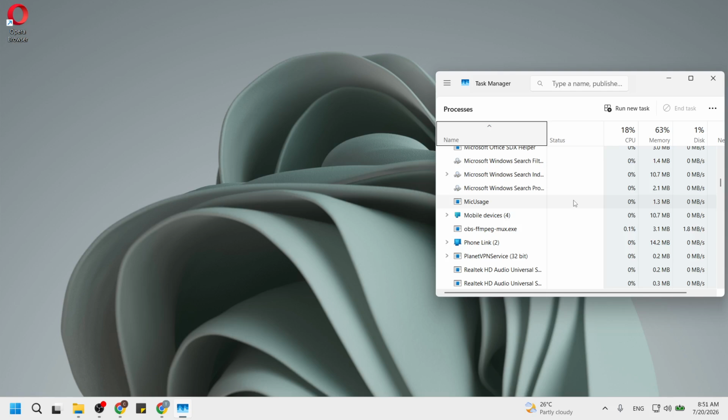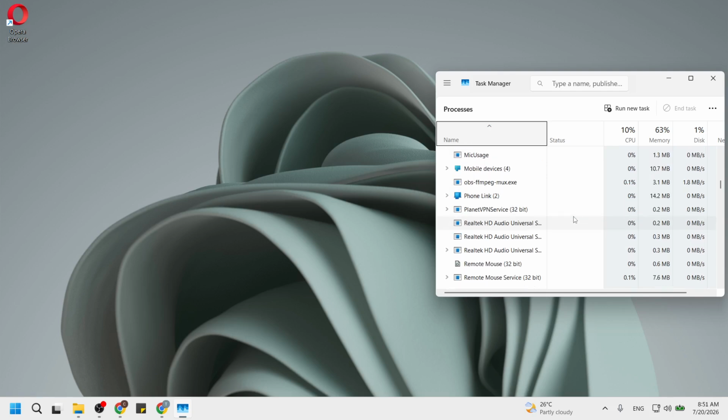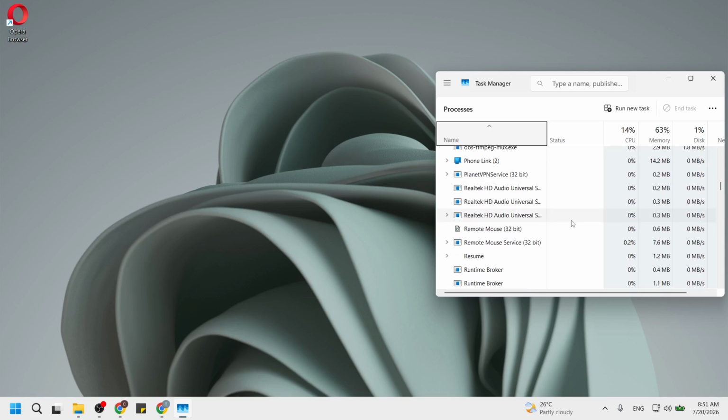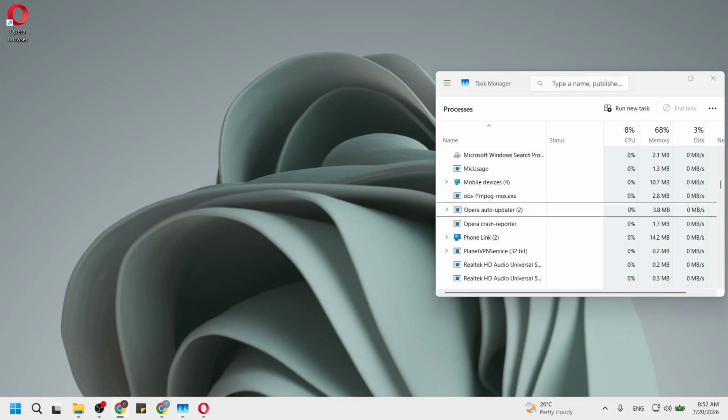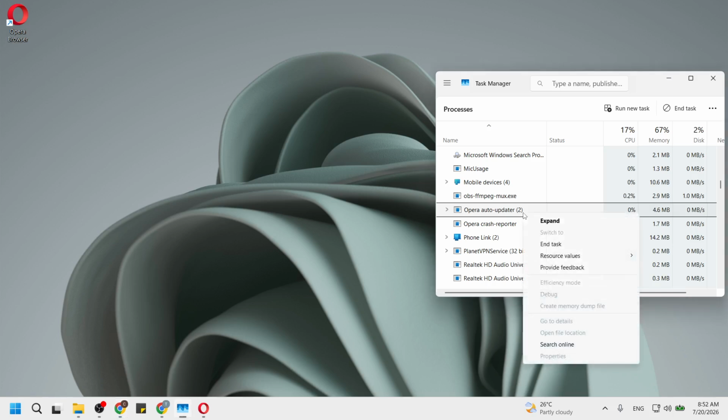Next, look for any processes named Opera.exe or Opera Internet Browser. This is an essential step because if Opera is currently active, it can prevent the application from launching properly. In the list, you may see multiple instances of the browser running. Identifying these processes ensures that you're not trying to reopen an application that is already active. Take a close look at the names listed to ensure you find the correct ones.